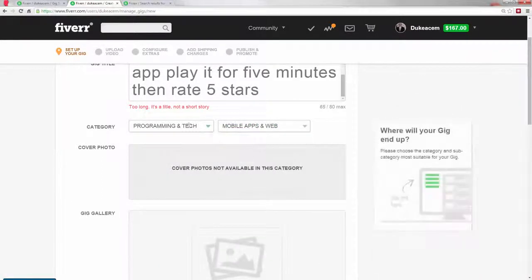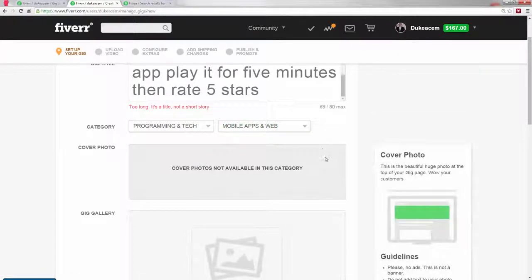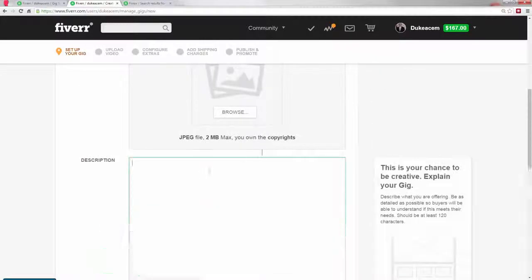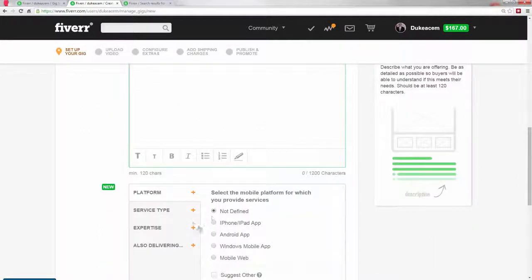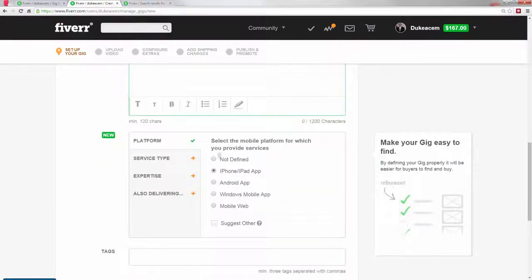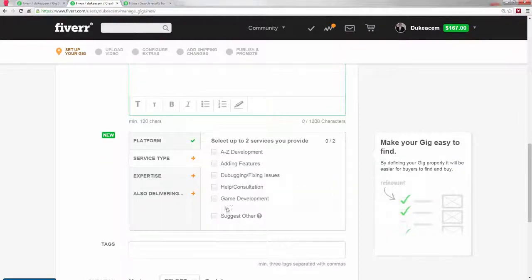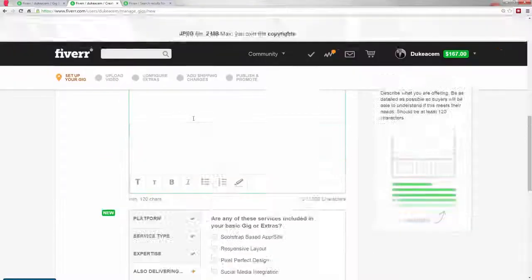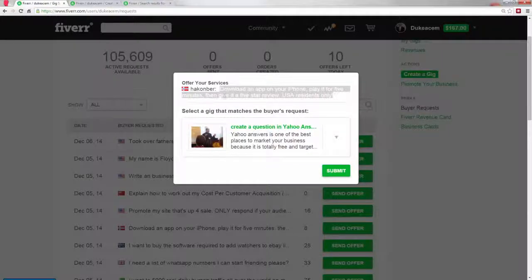So it's in programming and tech, so that's a little challenging. Once you found it, there's not a cover photo available here. So then you just go straight down to description and then pick the exact service type. And I'm just checking these, so performance. There, so I've selected what I'm going to do, and now all I have to do is look at this